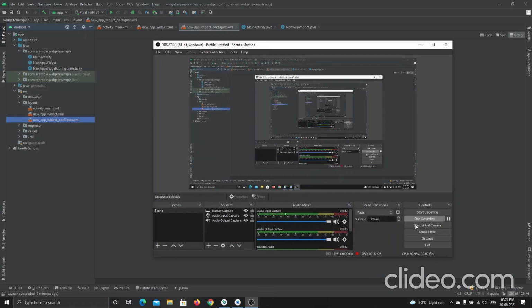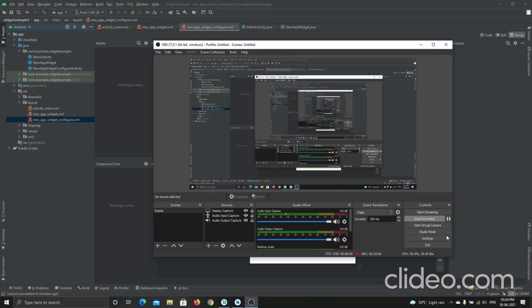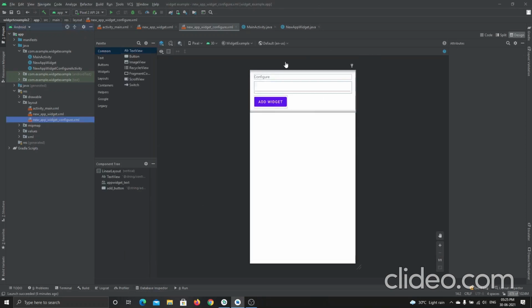Okay, let me pause. See, now this is that XML file, that configuration XML file.